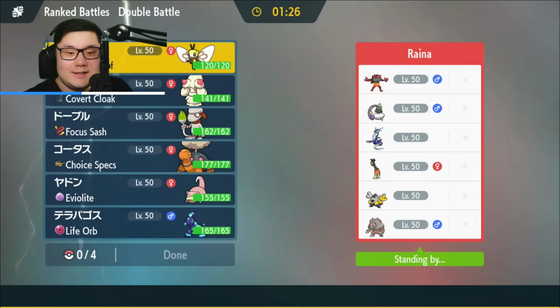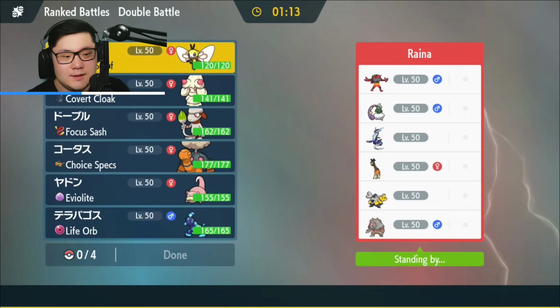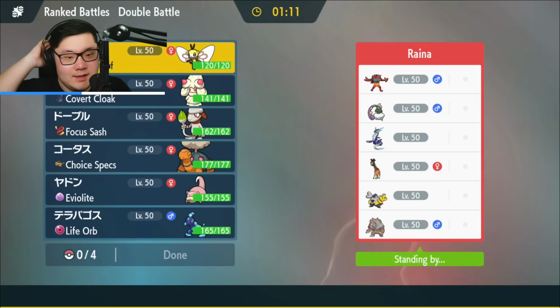Incineroar, Tornadus, Miraidon, Farigiraf, Iron Hands, and Blood Moon Ursaluna. Weird to see no Whimsicott here, but I'm kind of okay with this for the most part. I think lead-wise,